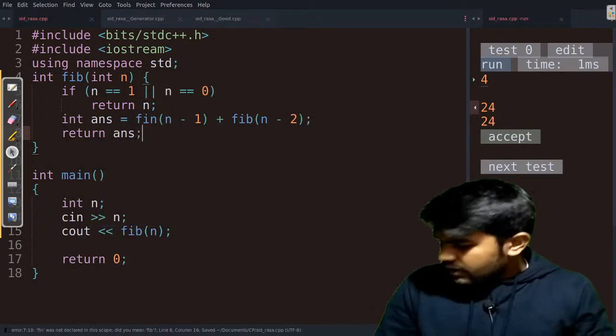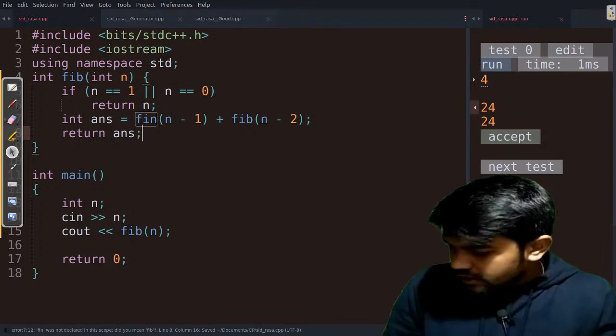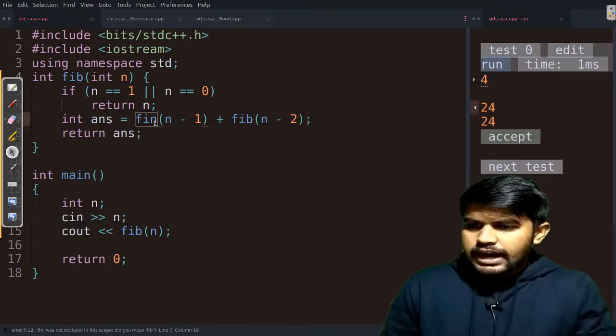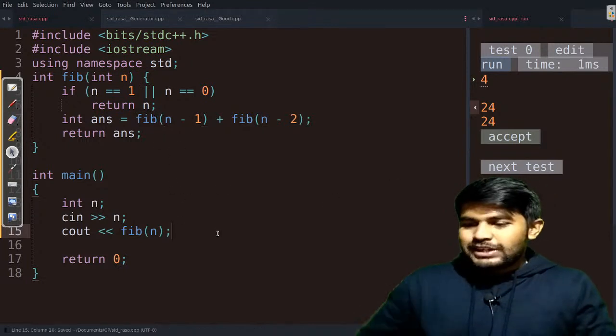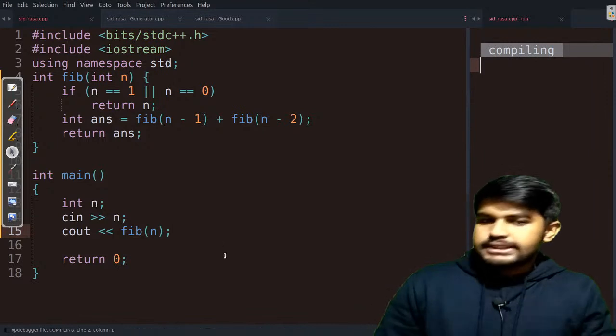Fair enough. Quite simple, right? And this is written as fib. Let's just see if it is correct or not.